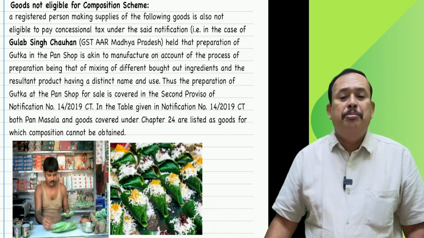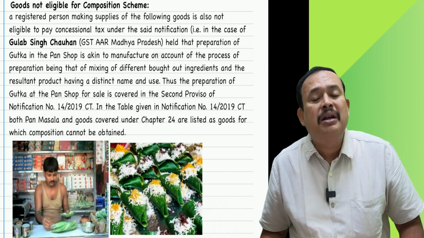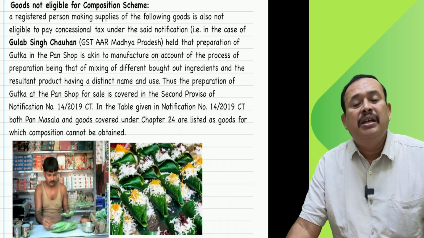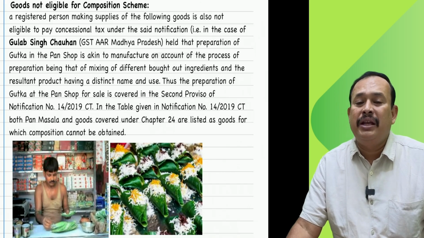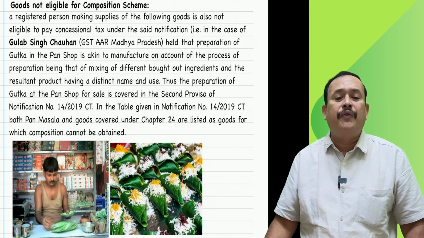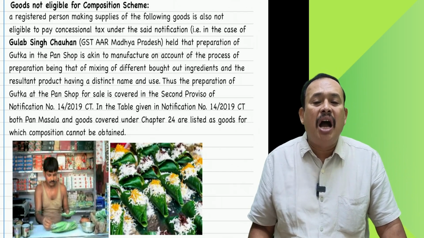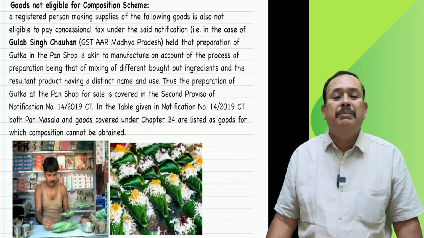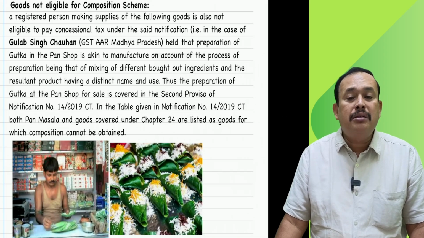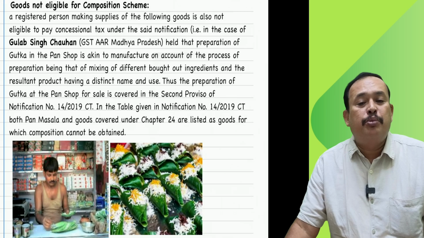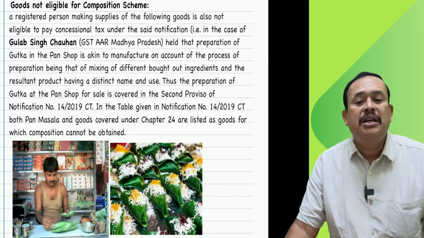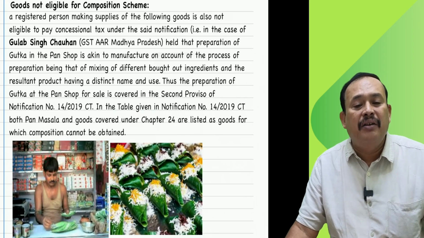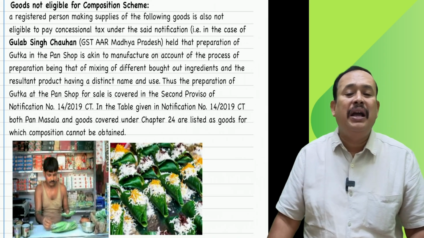A registered person making supplies of the following goods is also not eligible for composition scheme. In the Gulab Singh Chauhan case, GST AAR, Authority for Advance Ruling, Madhya Pradesh, held that preparation of gutka in the pan masala is akin to manufacture on account of the process of preparation being a mixing of different bought out ingredients and the resultant product having a distinct name and use. Thus, preparation of gutka at the pan shop for sale is covered under the notification